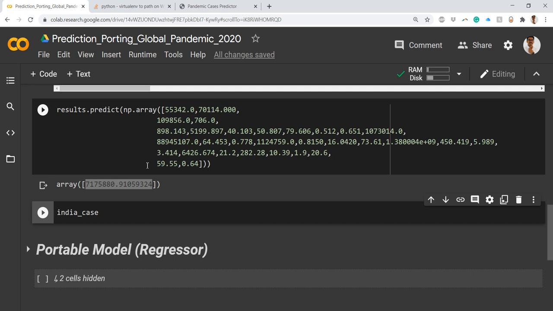But now just think from your side, this model is local to you. If you want to give it to some other person, or share it across some community, how will you do that? For that, you need to do portability, that is called porting. So now we have all these things done, that is EDA, then model building, then regression checks, and finally we did the prediction.